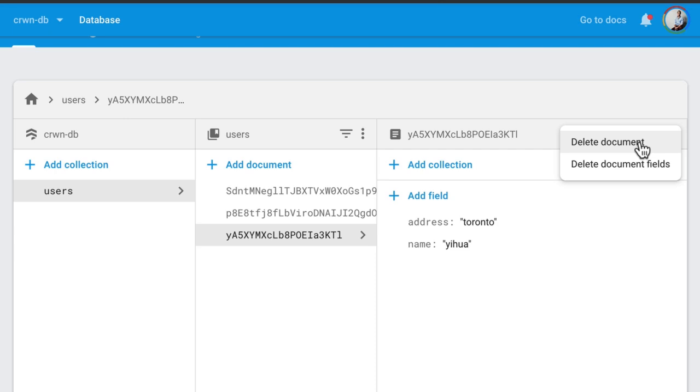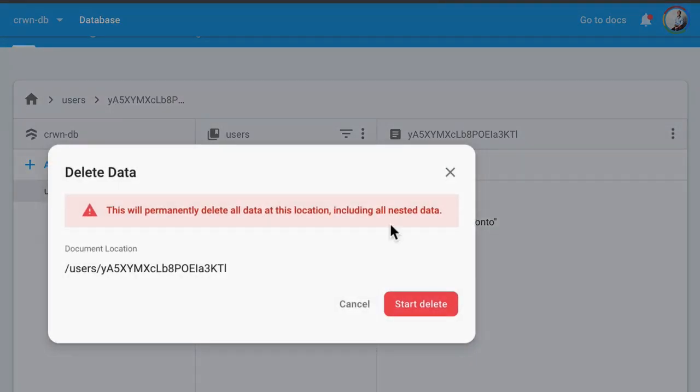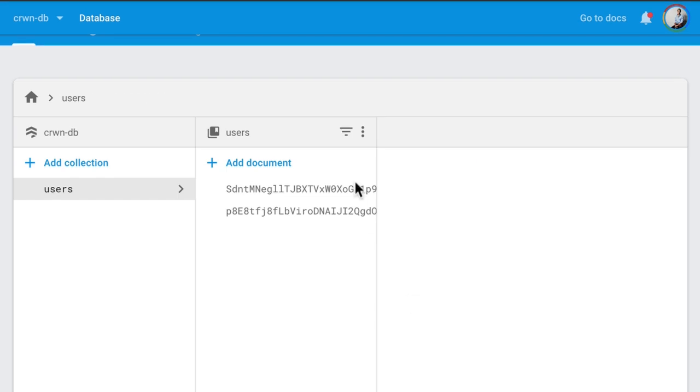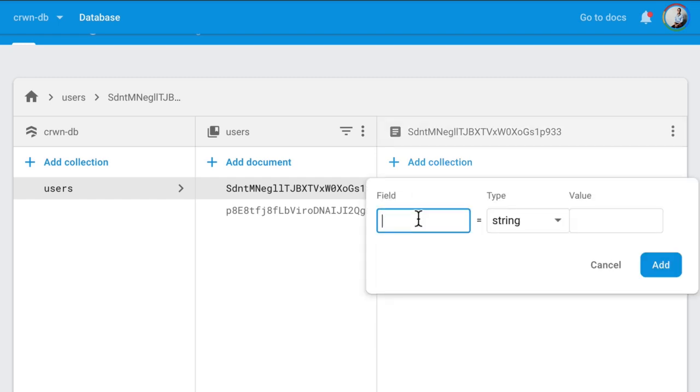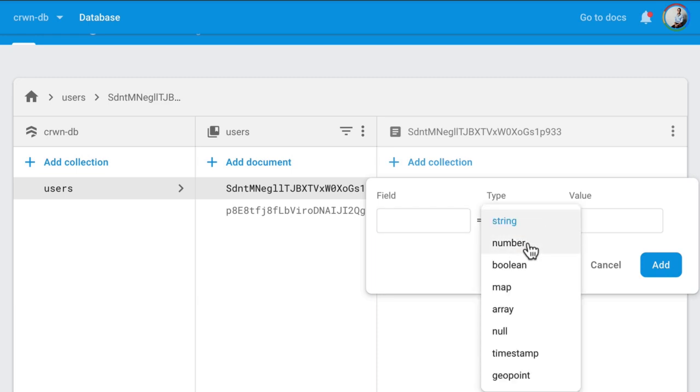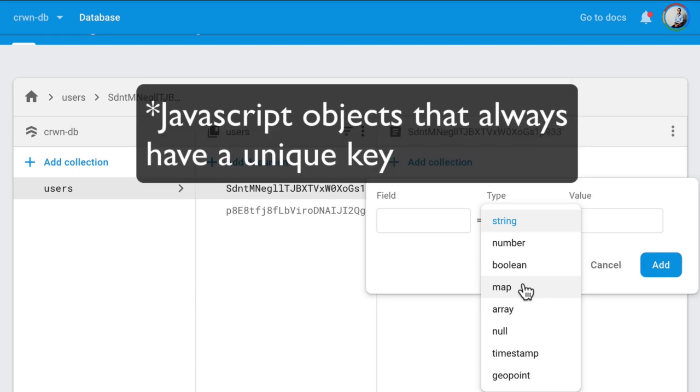Beyond that, the other thing to keep in mind is what types of properties we can store. Now, let's look at what types of properties we can actually store on documents. So here we can see that we can add a field, as we did earlier, and this is the field name, and this is the type that this field expects the value to be. So we can have strings, numbers, booleans, and then we see here maps. Maps you can pretty much see as JSON objects, and we would prefer to store a list of things as